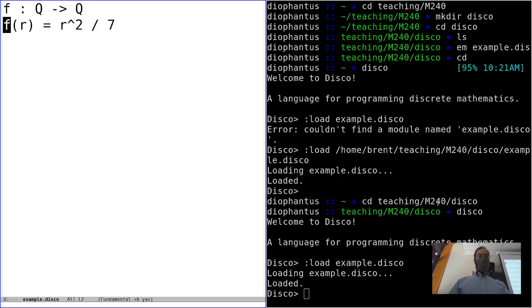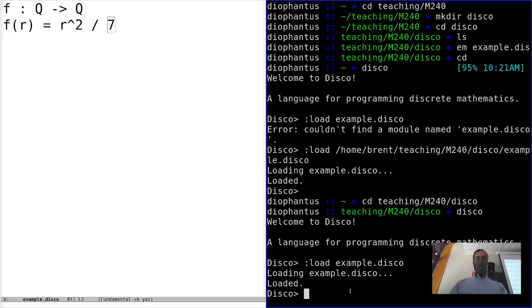Someone asked about seeing more examples of defining functions. We'll see more examples today of other ways to define functions, but this is the very simplest way. There are two parts. I have to say what type it is. In this case, I said that f is a function from rational numbers to rational numbers, and then I give a definition: f of r is r squared divided by 6. And then once I've loaded this,